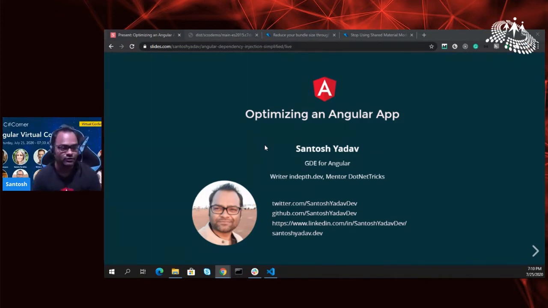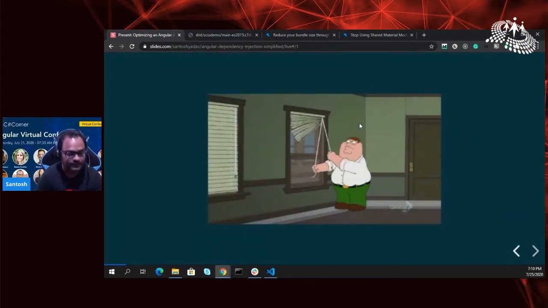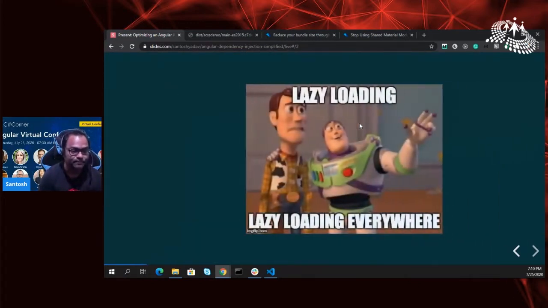Okay, so let's get started. As I said, I'll be talking about optimizing an Angular application, and believe me, optimizing an app is not simple. It's a struggle. We struggle a lot, and I've been there. I ended up doing a lot of POCs on how I can improve the application performance and the bundle size which we had. So let's go through and see the different things which we did.